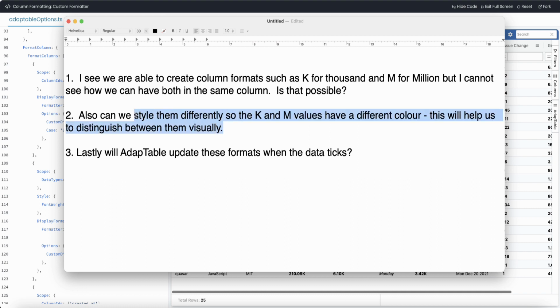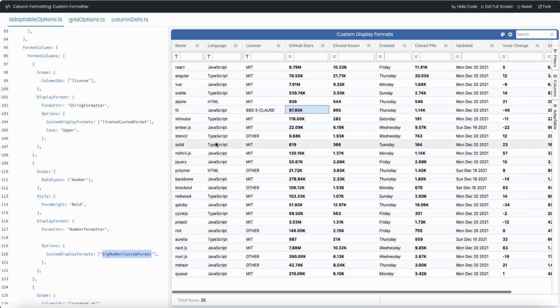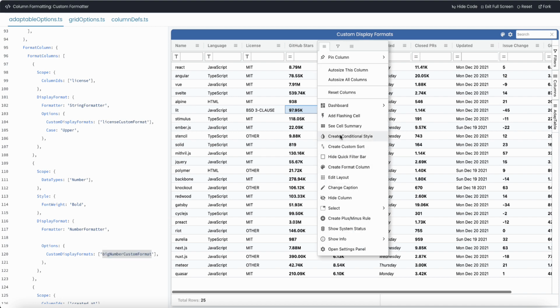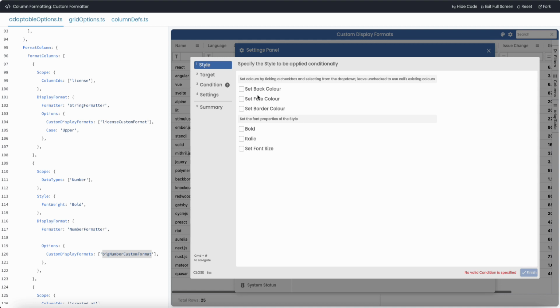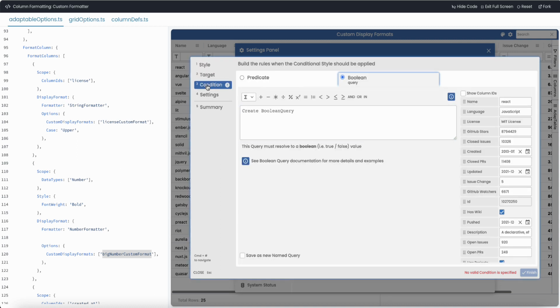But now she says, are we able to style them differently? So the K and M values have a different color. And the answer is yes, you can, because these are just normal cell values. So for instance, there's nothing stopping me creating a conditional style for this column. And I, for instance, will say, let's make it very visual. So let's make it pink and italic for this column, where